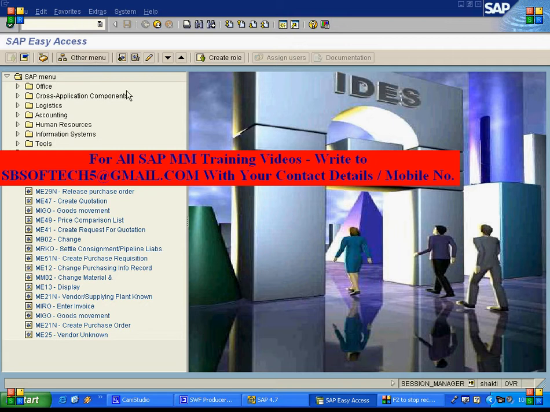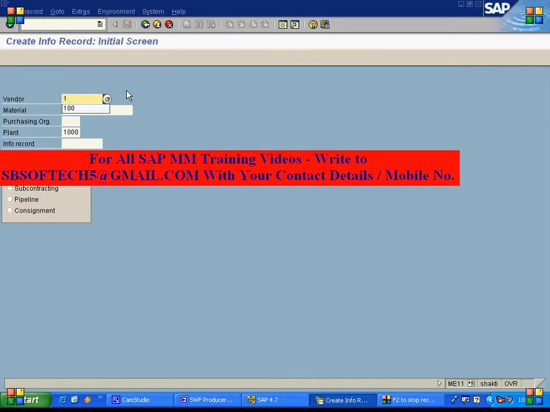First, the main thing is that the info record is mandatory for the consignment cycle. So we'll first create an info record. ME11 is the transaction code. Say I have vendor 100, material T195, purchasing organization 1000, plant 1000. Now the same material I can purchase as a standard, wherein whenever I do the goods receipt I am liable for the payment, or I can purchase it as a consignment also. I will create both the info records and show you the difference, how the system identifies the correct info record in this cycle.